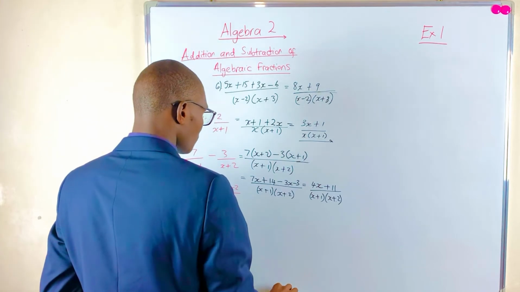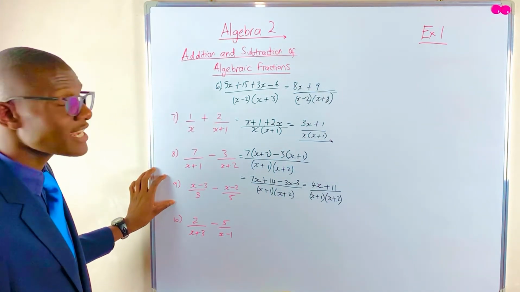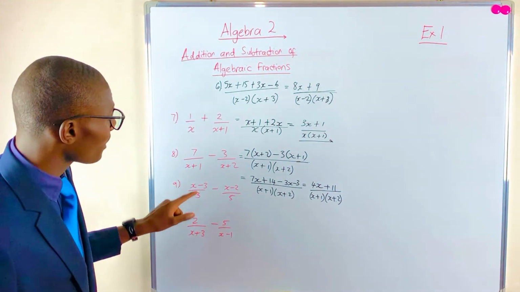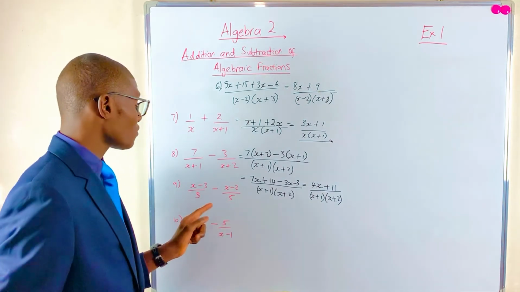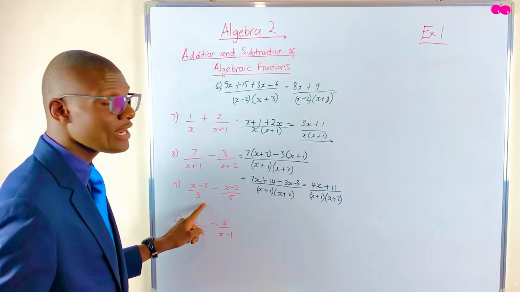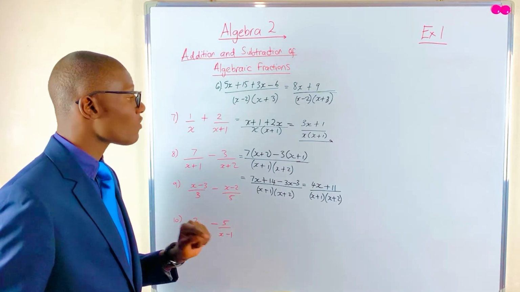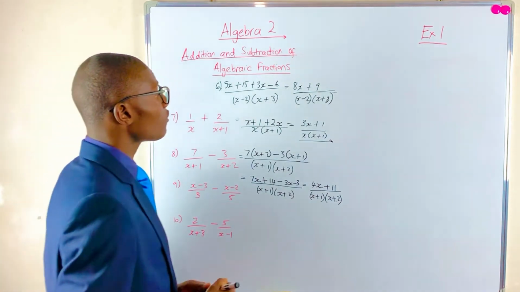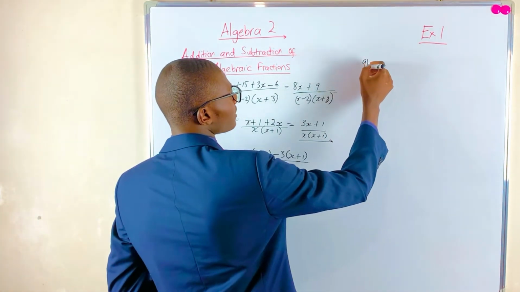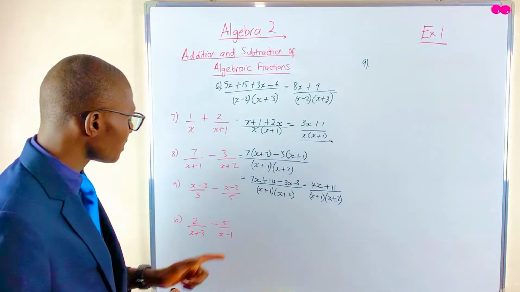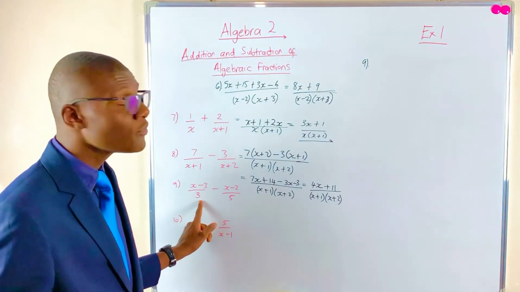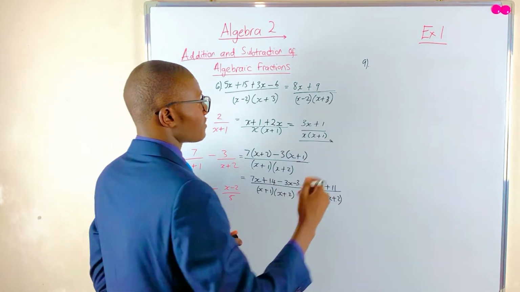Okay, so now with number 9, we've got x minus 3 over 5 minus x minus 2 over 3... that is, x minus 3 over 3 minus x minus 2 over 5. So now, of course, finding the common denominator, our common denominator here will be the lowest common multiple, which is